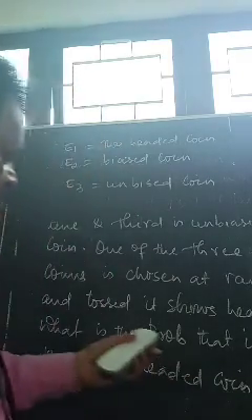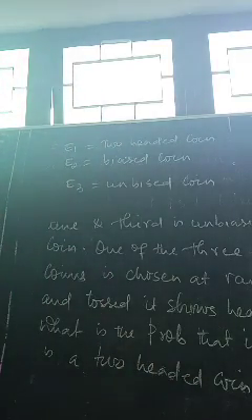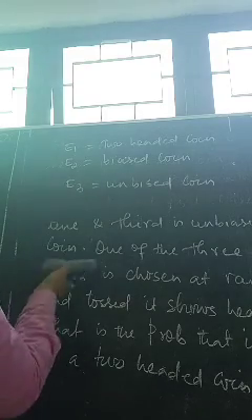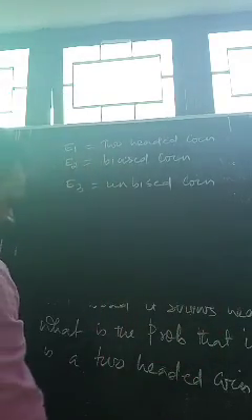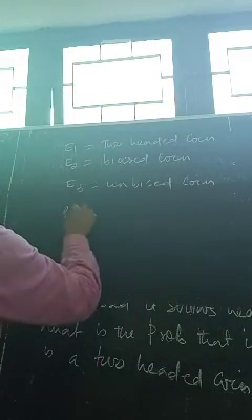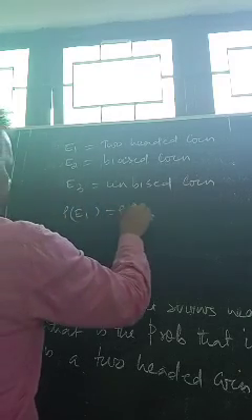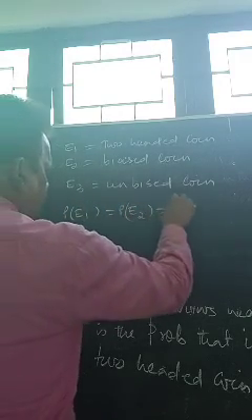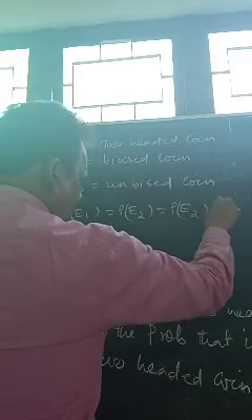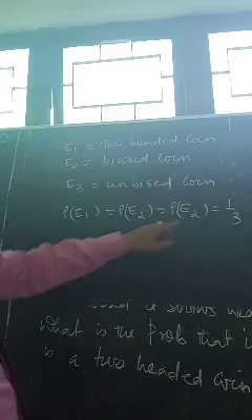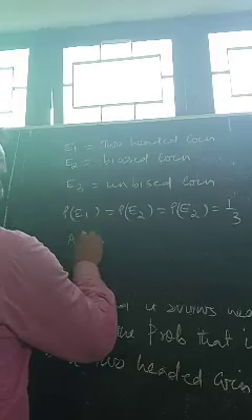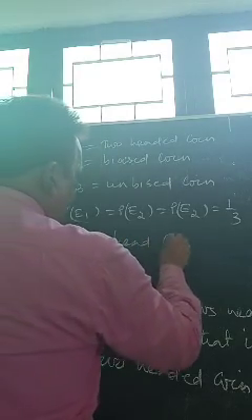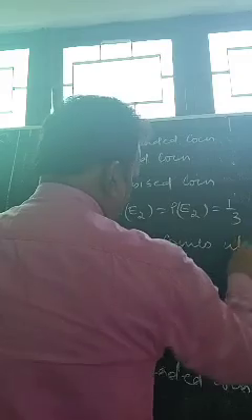Okay now. So when you select one of these 3 coins, out of 3 you are selecting one, then what is probability of E1, E2, E3? Equally you have chosen, so 1 upon 3. Because out of 3 you are choosing 1, so each is 1 upon 3. Okay. A stands for head comes up.